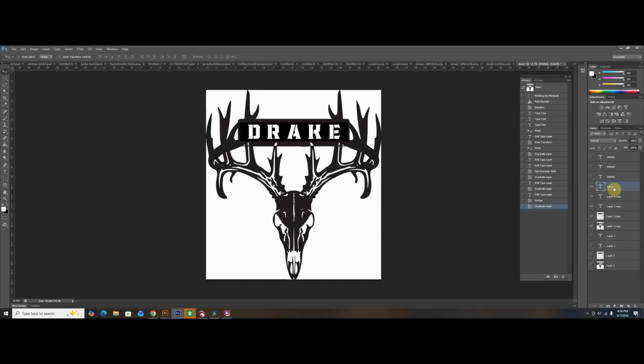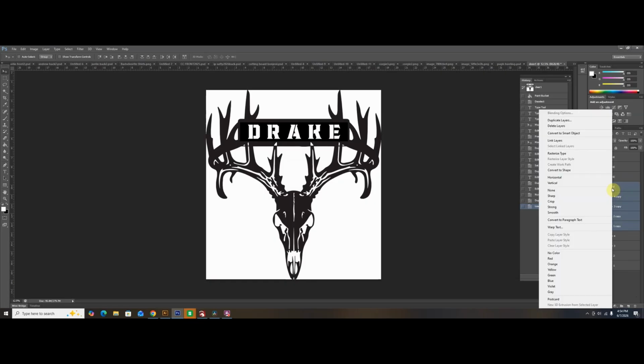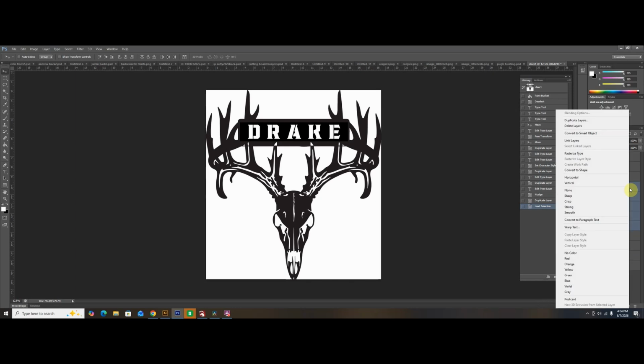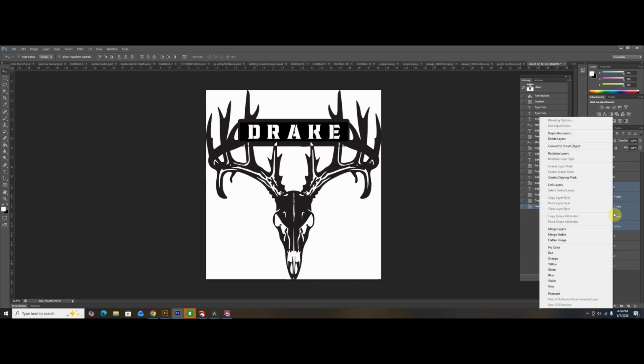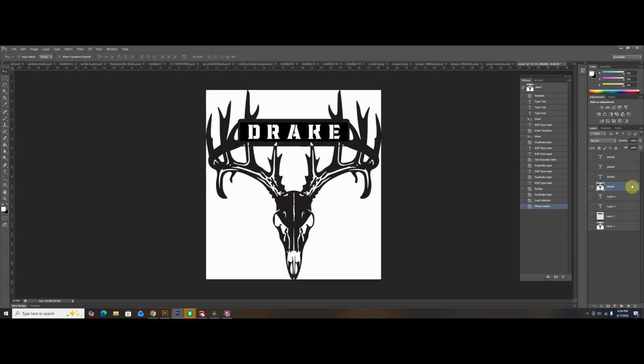and what I'm going to do, oops, not what I want. What I'm going to end up doing is merging these layers together. So I can get it to merge. There we go. Merge layers. So then what I'm going to do